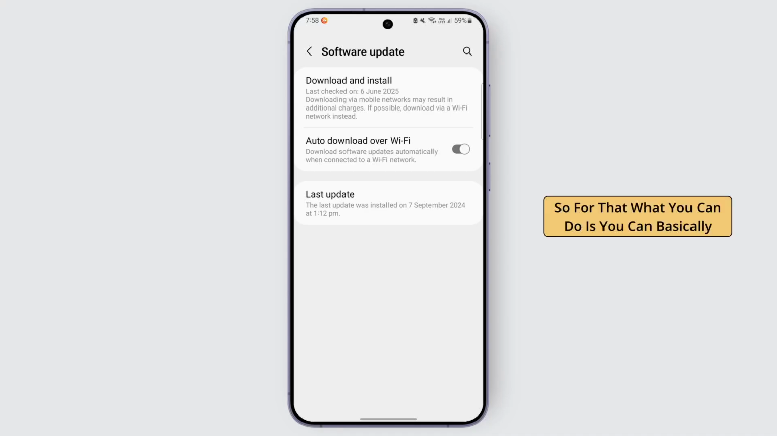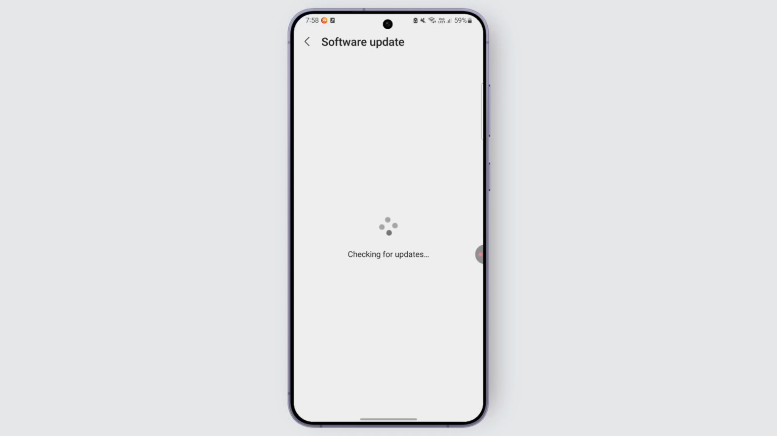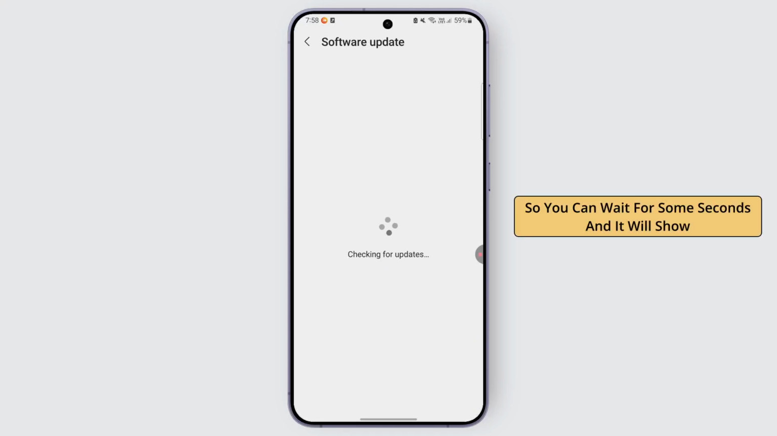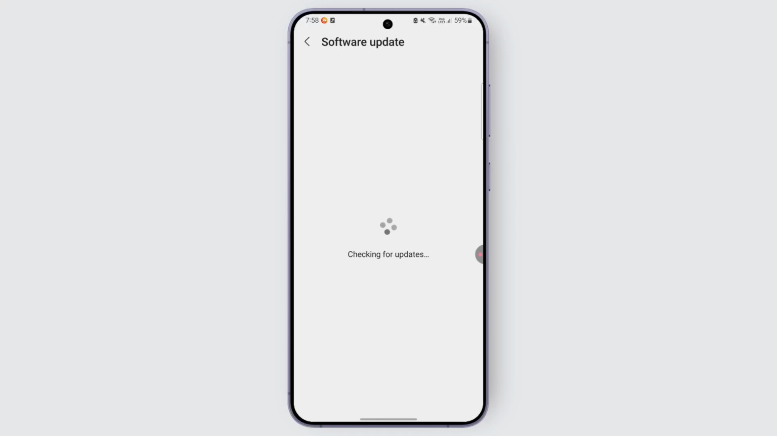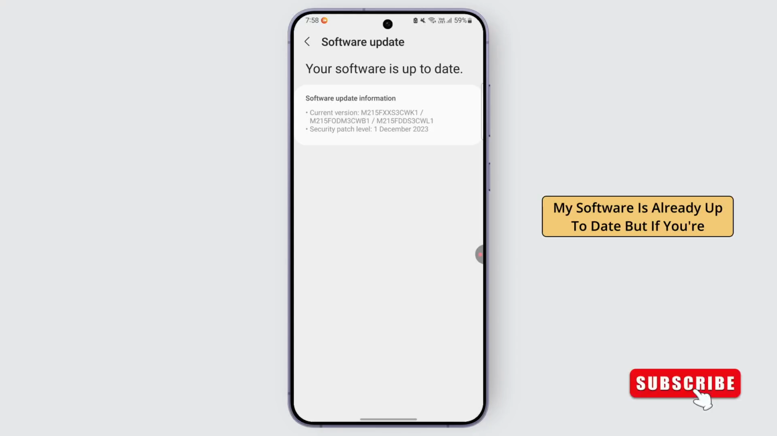Once you tap on it, you can go ahead and look out for the latest update available. So for that, you can look out for the download and install section and tap on it. When you tap on it, it will show you all of the available updates. You can wait for some seconds and it will show you if there is any kind of update available. And once you find an update, the device will show it up. My software is already up to date, but if yours is not, you will be finding a new update option